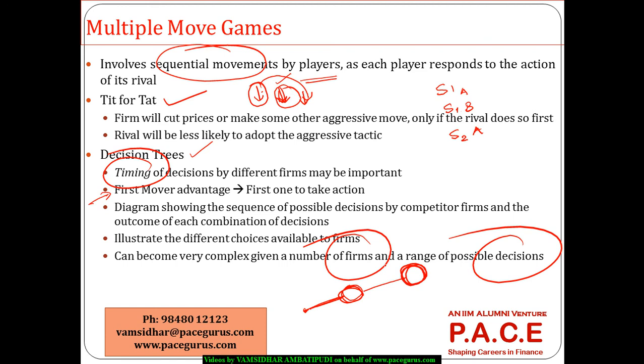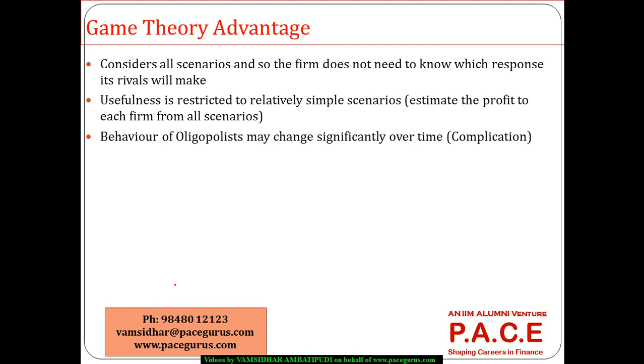But yes, with a proper algorithm planned out, you have to compute the expected payoffs in each of them. So it becomes a very complex exercise. But having a proper algorithm and proper planning in place gives the most optimal kind of solution. And anytime in this oligopolistic world, it's always better to look at the game theory perspective because there are lots of advantages that it brings in. It looks at the different scenarios,